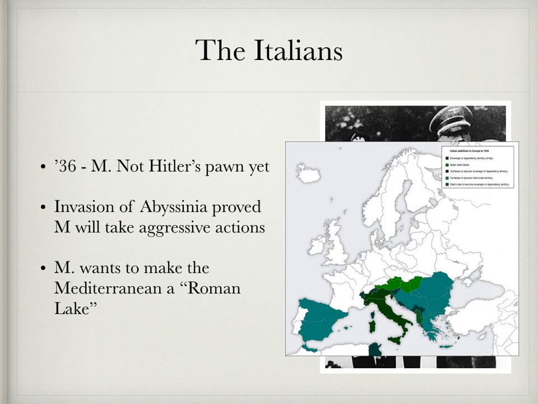Mussolini wanted to make the Mediterranean a Roman lake again. But really, there's going to be a challenge to the entrance of this lake. If you look at the map here, we know where the Mediterranean is. We can see the entrance to the Mediterranean is the Straits of Gibraltar, and that is fully controlled by Spain. So if Mussolini wants to make the Mediterranean a Roman lake again, he has to really befriend and support Spain. And if they're fascist and he's fascist, it's going to make it a lot easier to control.